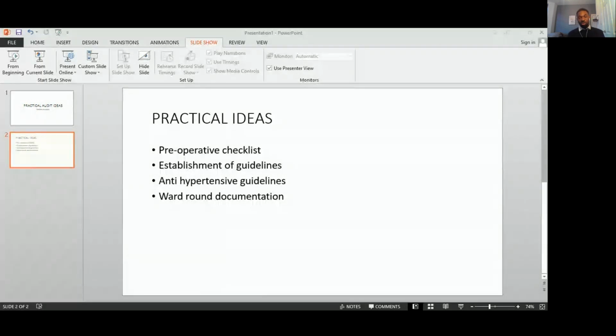And so we'll just start. The first is the preoperative checklist. I think for those that attended the last session, you may have heard me talk about something like this, about doing an audit on a preoperative checklist. So let's say you're a medical student or a medical doctor or a registrar in a teaching hospital or a private hospital